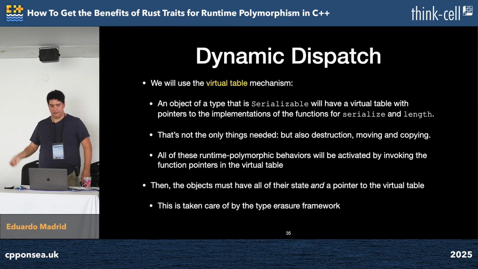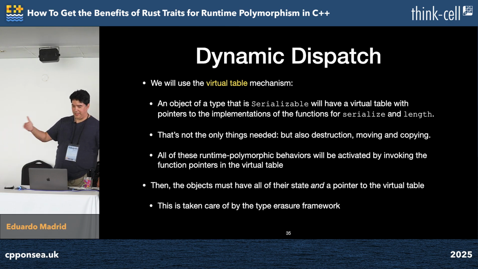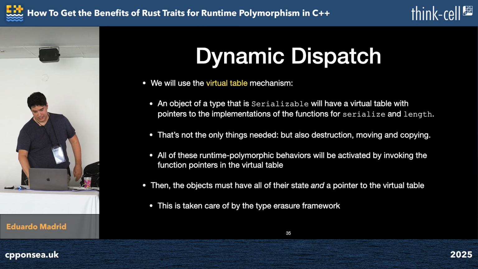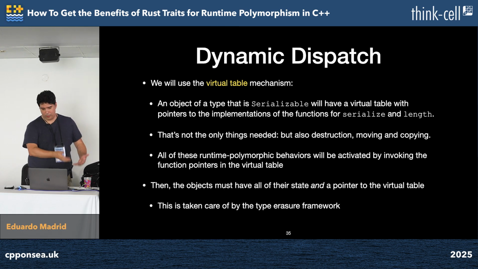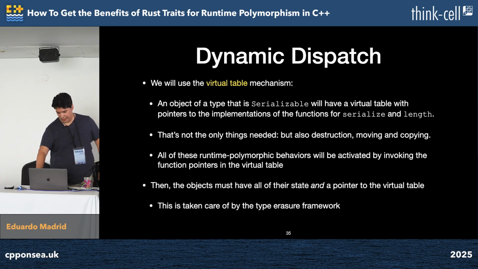And then these runtime polymorphic behaviors will be activated by invoking the function pointers in the virtual table given the user interface binding that I'm going to describe momentarily. The objects must have all of their state, like an integer has to have all the bits for representing the value of the integer, and also a pointer to the virtual table, like in the case of inheritance with virtual. And the part of ownership is already taken care of by the part of type erasure. Okay, so